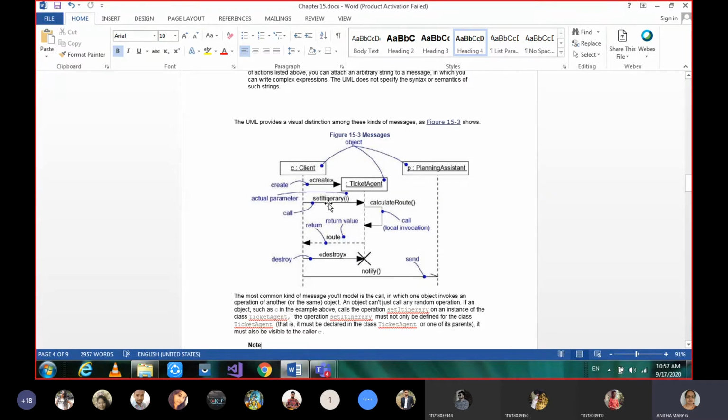And set itinerary I. That means you are giving all your details to the ticket agent. So they may calculate the route, which train, and your details, checking whether it is available or not. Based on that, it is going to respond. Either the ticket is available, you can avail it and it is booked, with some acknowledgement.